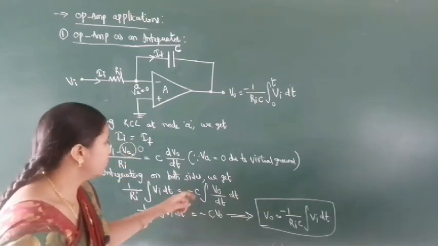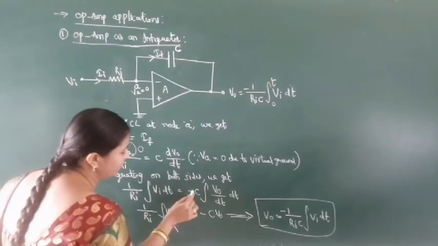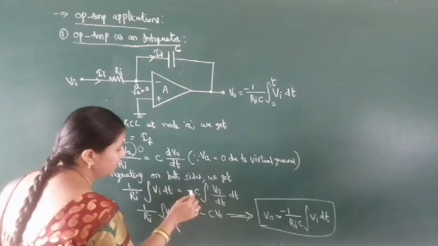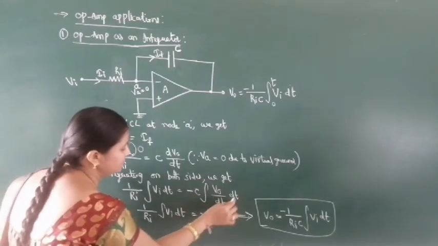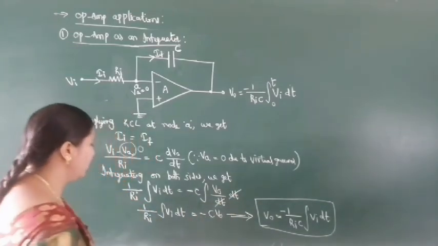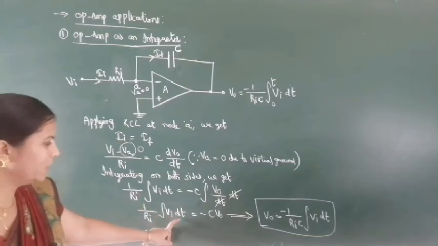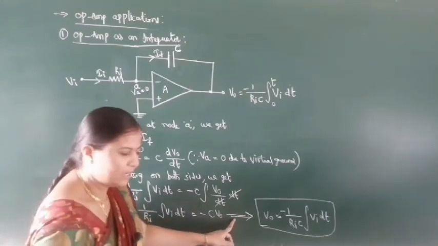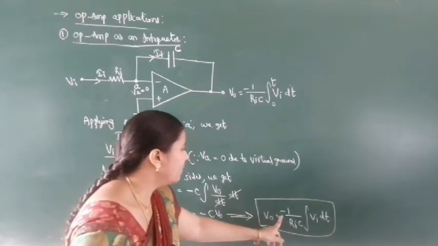Here there is already integration and derivation, so the dt cancels and you get minus C into Vo, and here it is the same as 1 by Ri into the integral of Vi dt. So if you calculate the value for the output voltage, Vo equal to minus 1 by Ri into C